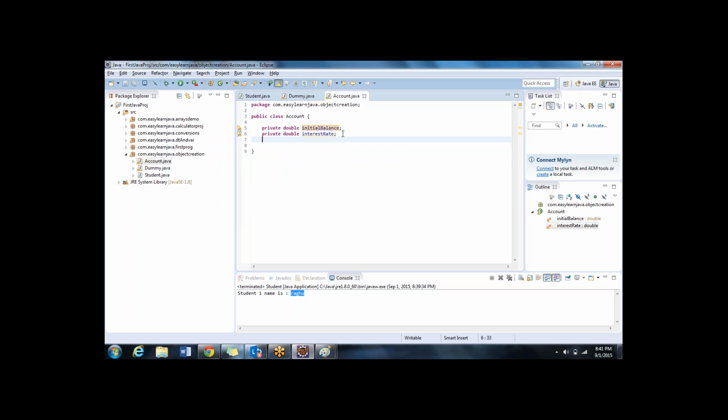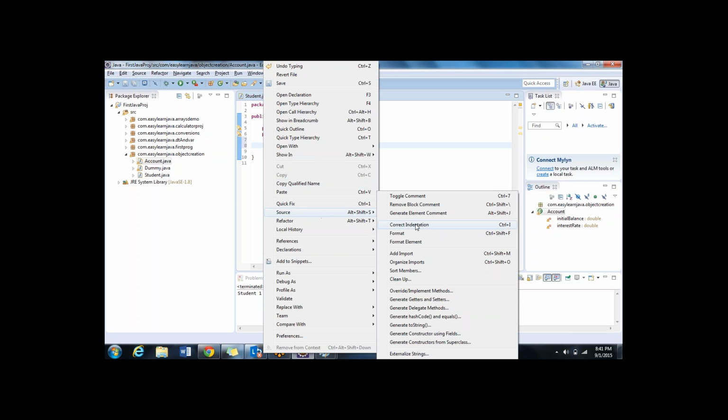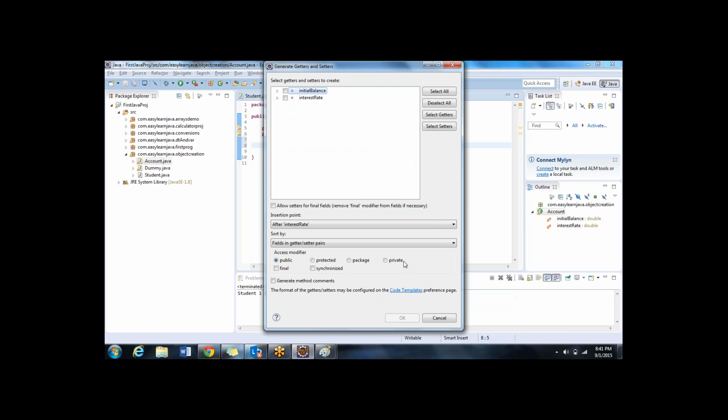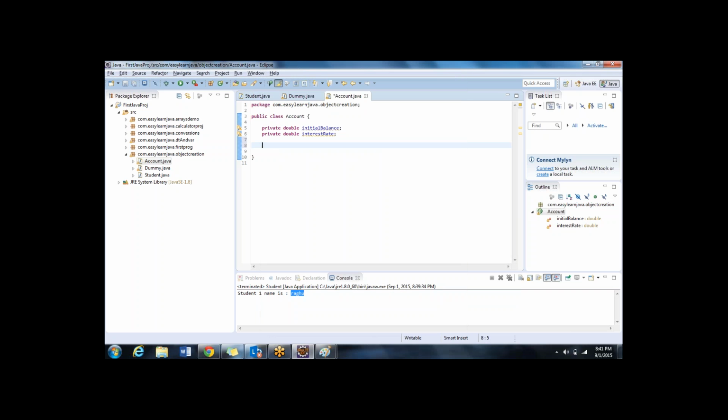Java says, hold on, the properties can be private, but there is one more way where I can give access to these properties. That is nothing but using getters and setters. For that I do right click, source, generate getters and setters. Let me reiterate that. I can write getters and setters. They are nothing but certain methods in Java. Either we can hard code them, meaning type them, or we can use Eclipse to generate them